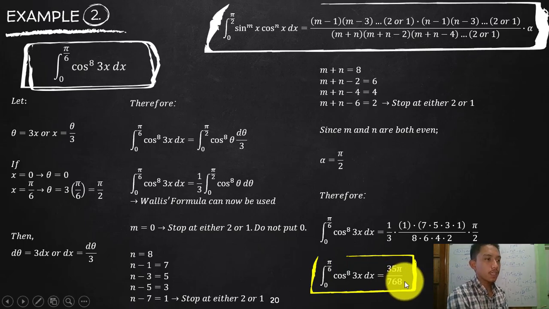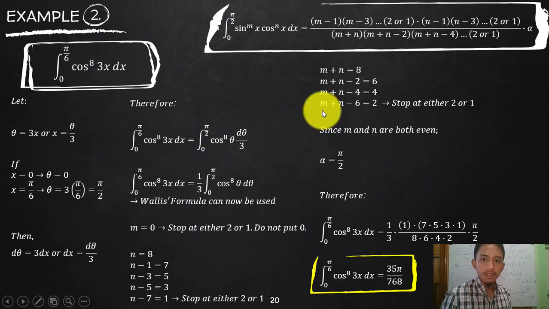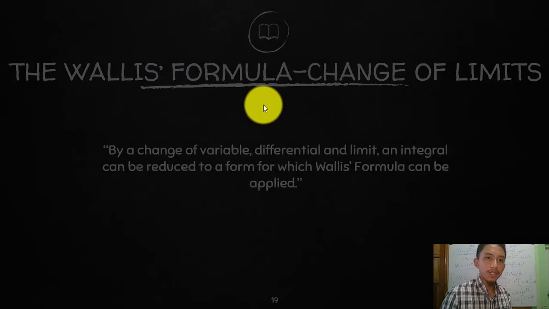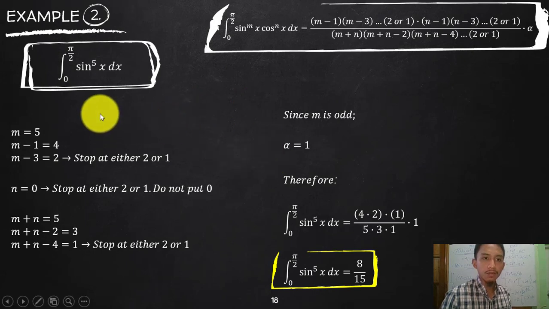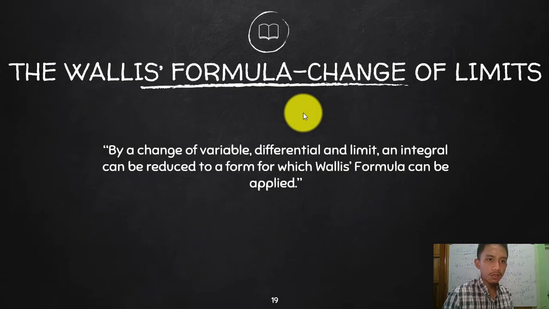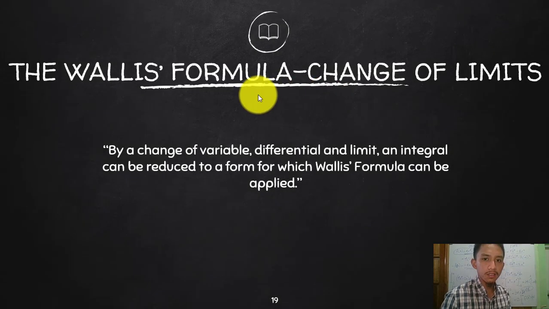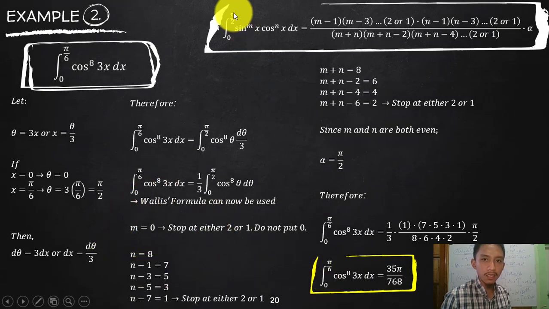So that is integrating powers of sine and cosine, which could be converted into Wallis's formula. So this is just a technique. In this case, this is a special case. So please do not be using Wallis's formula every time you see sine and cosine, because actually there are some cases. How do you know if that is applicable or not is if you can see it exactly in the form of Wallis's, then that is Wallis's. If not, then what you are going to do is try to change the limit. But even if you try to change the limit, you will not end up with the form of Wallis's,